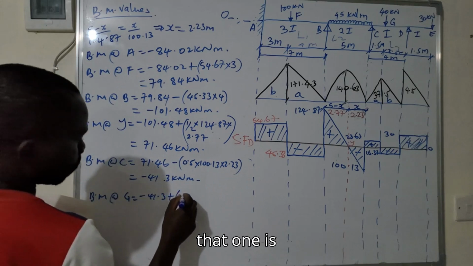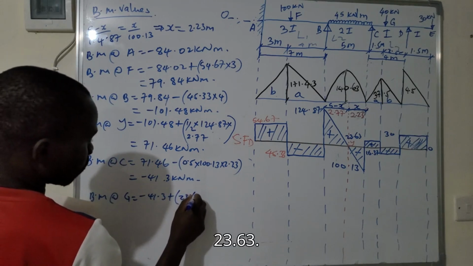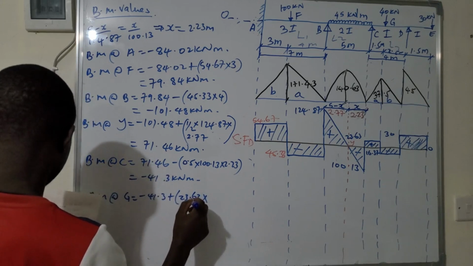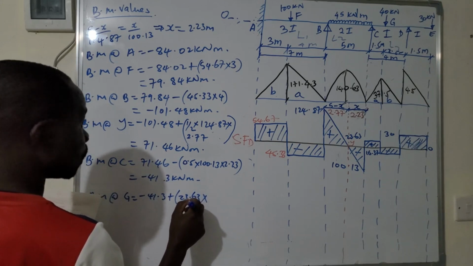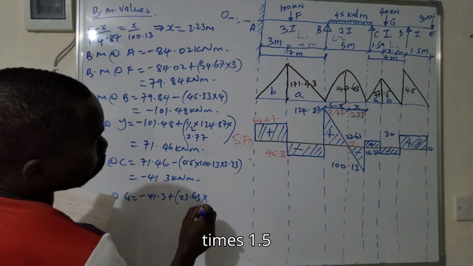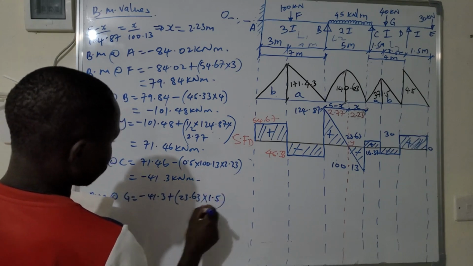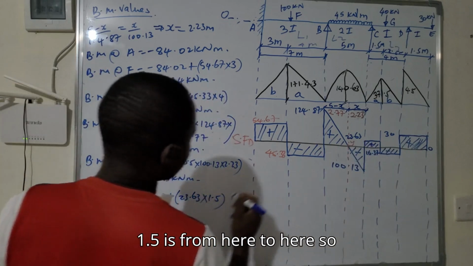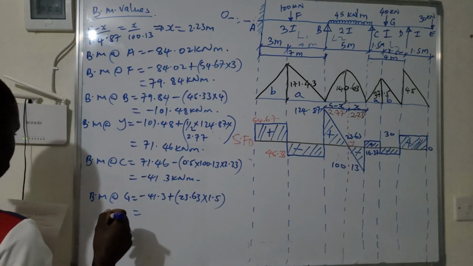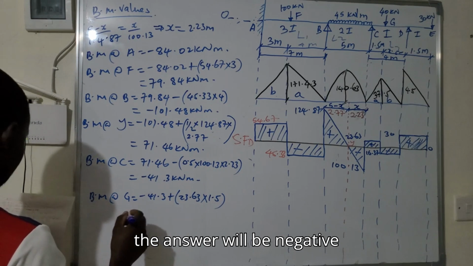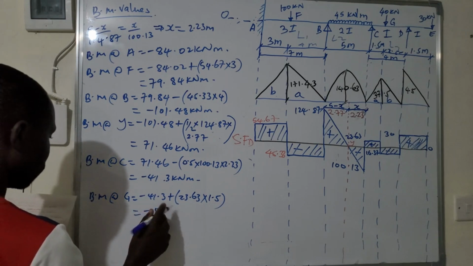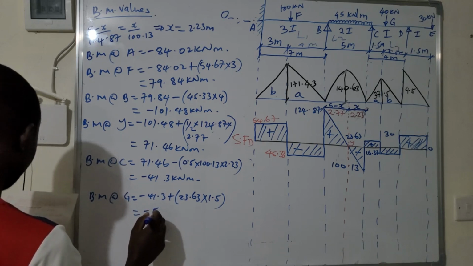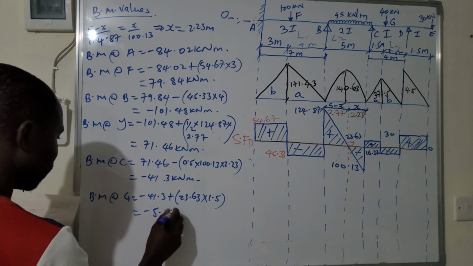So that one is 23.63 times 1.5. 1.5 is from here to here. So the answer will be negative 5.85